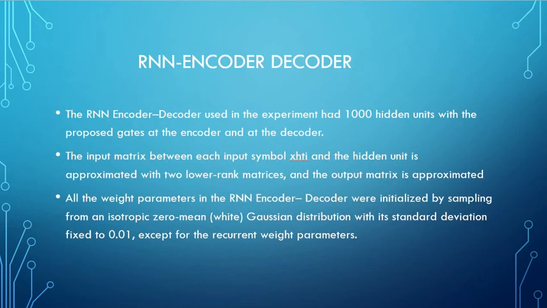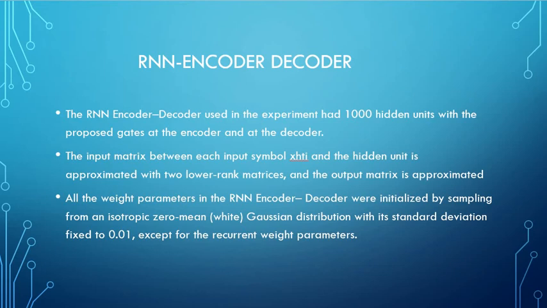What do these experiments show on the RNN encoder-decoder? The experiment had 1,000 hidden units with the proposed gates at the encoder and the decoder. The input matrix between each input symbol and the hidden unit is approximated with two lower-rank matrices, and the output matrix is approximated similarly. All the weight parameters in the RNN encoder-decoder were initialized by sampling from an isotropic zero-mean Gaussian distribution